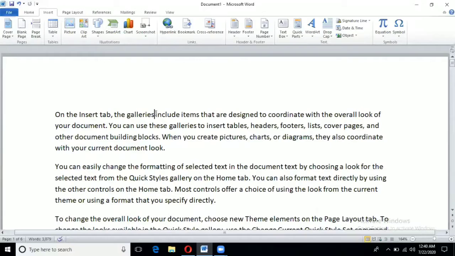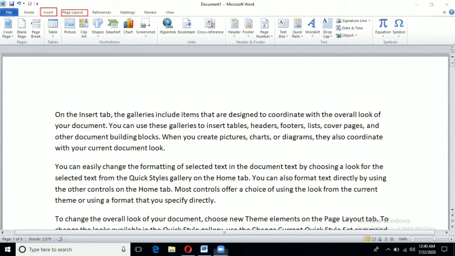We can find this option in two ribbons, Insert and Page Layout. Both ribbons contain the option Page Break.